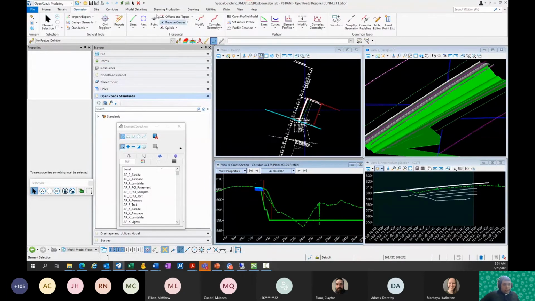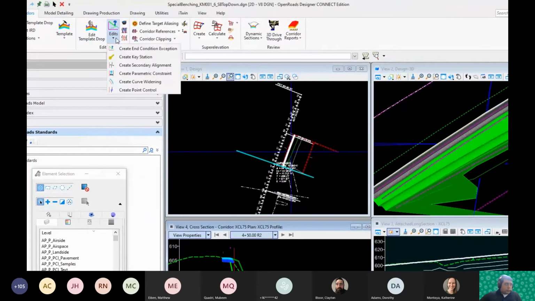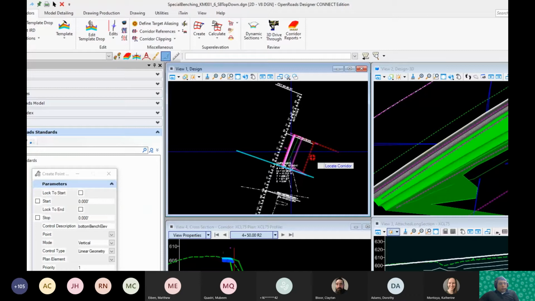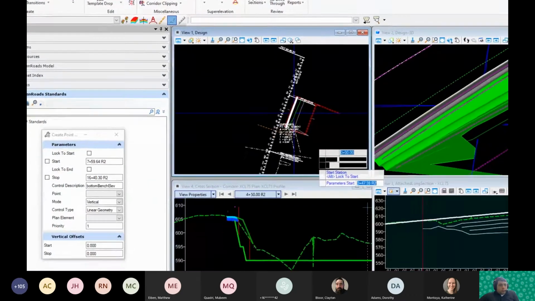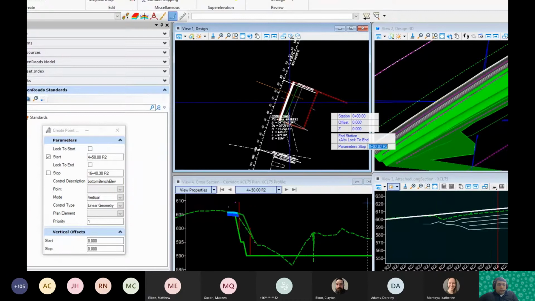Okay, so now that we've added those profiles, we need to come back to our corridor file. So here I jumped back into my corridor file, and we need to create point controls. And so what we're doing with a point control is we're saying, hey, I want to control this point in my template to match something else. And so what I want to match is these profiles, and I want to match it just vertically. So I'm basically saying make this point go to this elevation